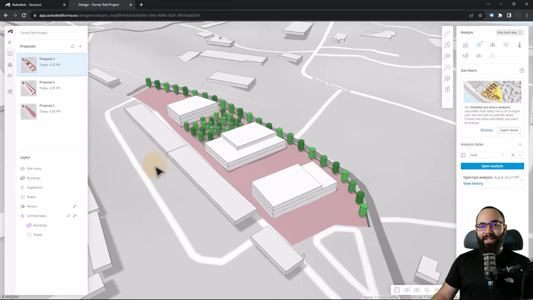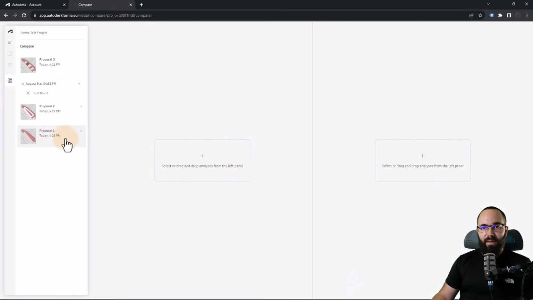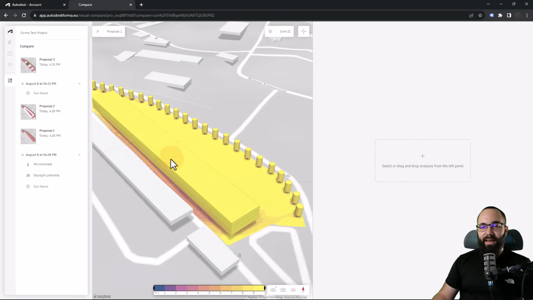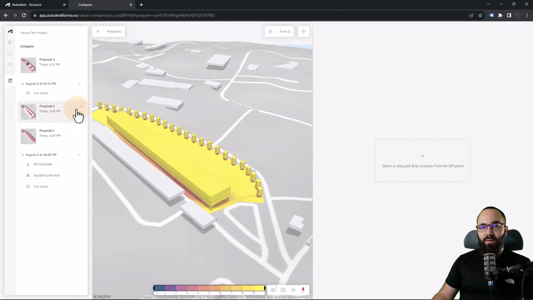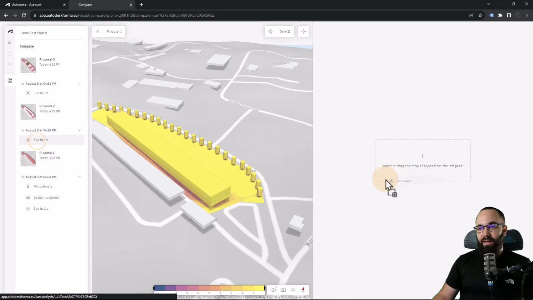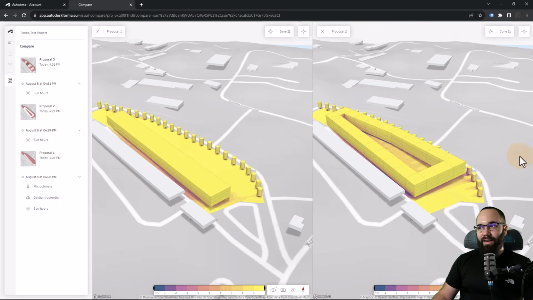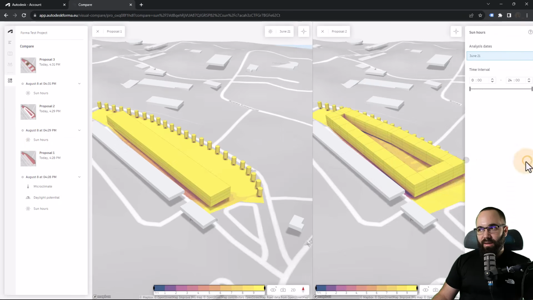Now I have run these analyses for all three proposals, and now it's time to compare those. Here we have the compare button, and that's going to open up our proposals, and then here we have these two areas. So what I can do is go to my proposal 1, and then here it's going to list out all of the analysis which we have. Now I'm just going to take the sun analysis or sun hours and place it there. Then I'm going to go to proposal number 2, and I'm just going to drag over the sun hours, and then here we can click to add